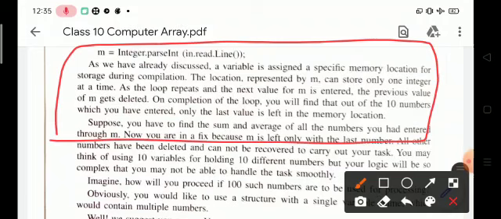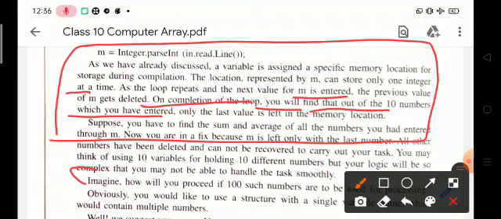So here m can store only one integer at a time. As the loop repeats and the next value for m is entered, the previous value will be deleted. On completion of the loop, you will find that out of the 10 numbers you entered, only the last value is left in the memory location. That is the biggest problem.